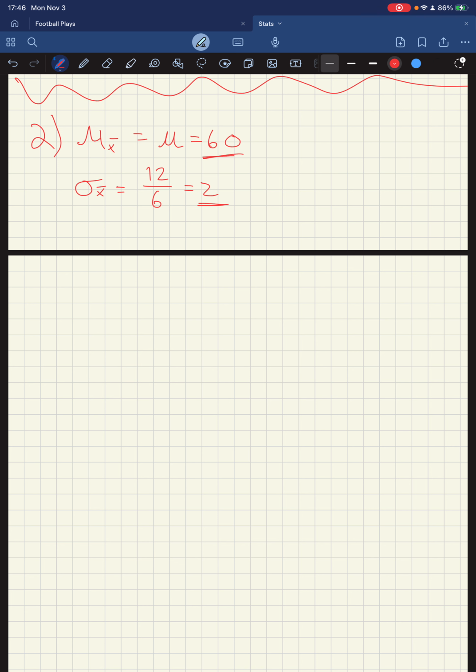Part 2. What is the probability that the sample mean is greater than 63? Right. So we're trying to find x bar greater than 63. So to do that, z equals 63 minus 60 over 2, which equals 1.5, because 3 divided by 2 is 1.5. And then from the z table,